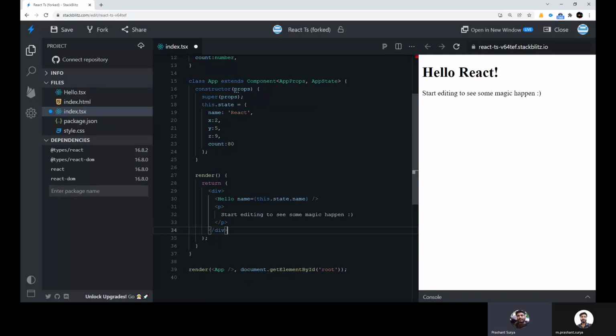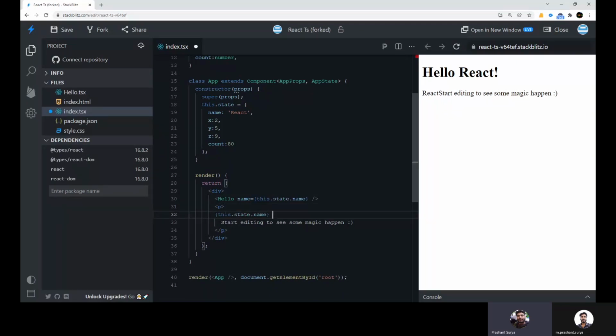So we have to write this.state.name. Similarly, if you want to print this one more time here, you have to write similarly with name. Again, if you want to print, you have to write it like this. So multiple times you call the state object, you have to write this.state.name. For that we can use destructuring.